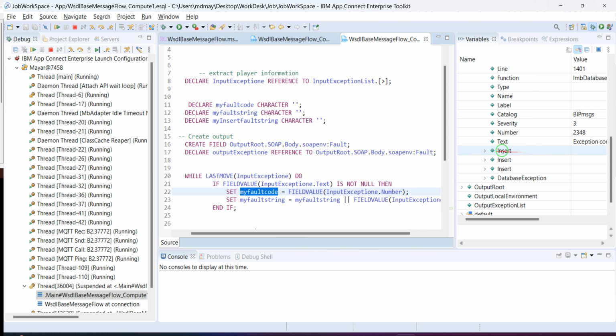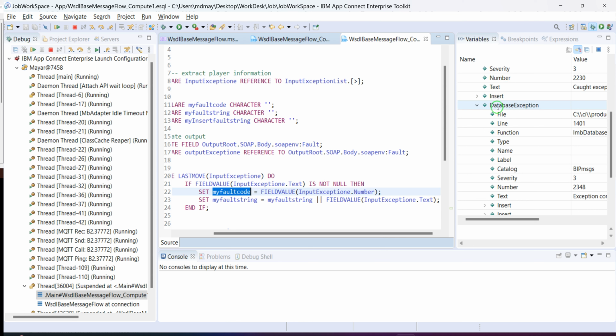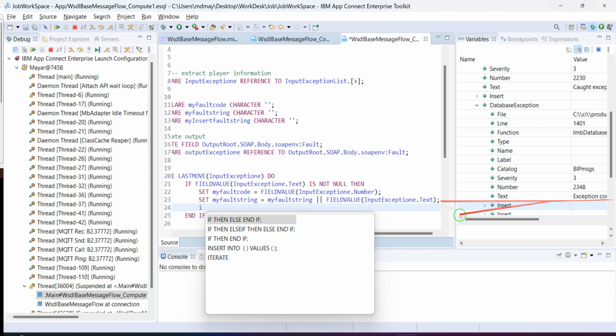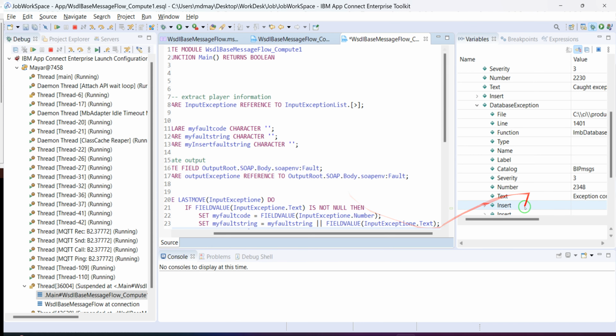And right now also I want the insert. How should we get the insert? We use another nested if loop. When you nest an if loop, it will go to that as well, which is up to this point: input, exception list, then insert, then text. So how should we do that? We use another nested loop. Just type if, they give you the option. Because we are already at this sibling, we say sibling dot, after that we want to come to insert,